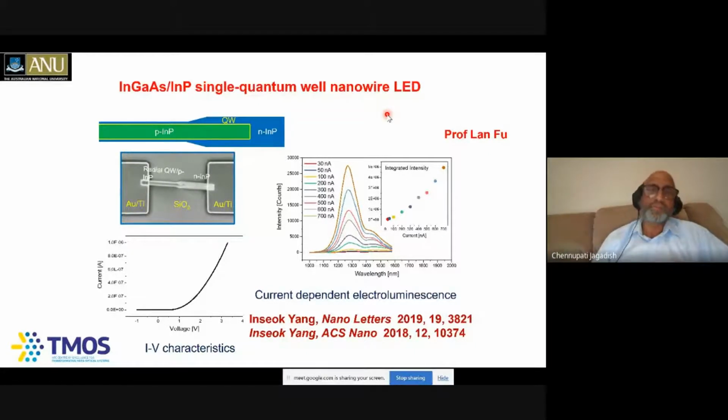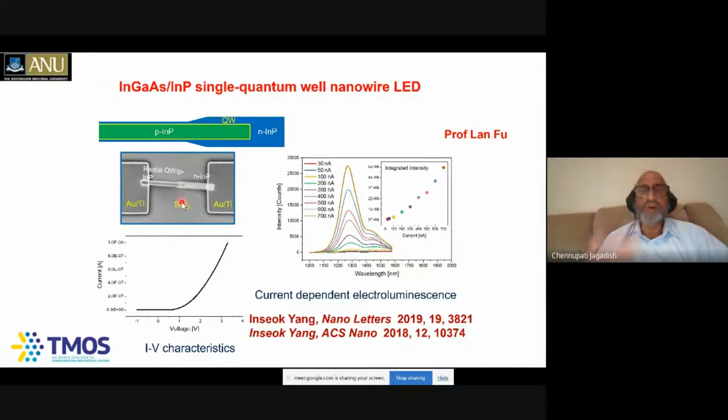The problem is whenever you put metals to be able to inject current into these nanowires, the metals have huge optical losses. They create a lossy cavity. Because you have a lossy cavity, you have to pump it harder to get over the losses. Then you generate a lot of heat, and heat reduces the gain peak of the medium, the peak intensity of the gain of the medium. So that means you have to pump them even harder. It becomes like a vicious circle.